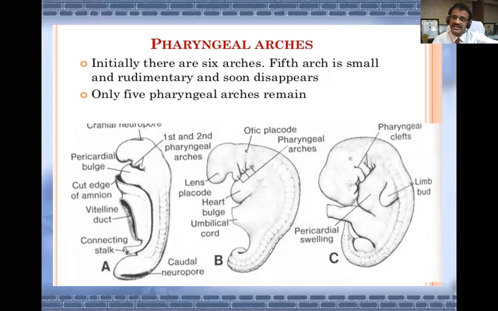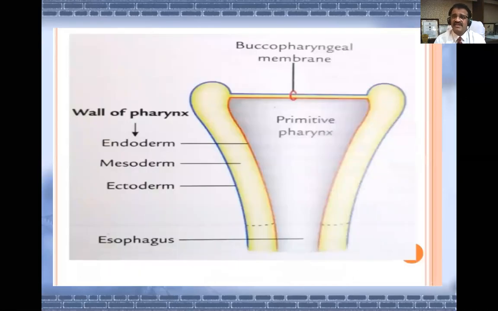Just like how we saw derivatives of those 3 germinal layers, similarly we have derivatives of pharyngeal arches and pharyngeal pouches. Now this is the buccopharyngeal membrane of the primitive pharynx, which is shown above, and these are the walls of the pharynx. This side wall and that side wall are made up of endoderm, mesoderm, and ectoderm. See this diagram. At the end will be, of course, the esophagus, and here these pharyngeal arches, pouches, or clefts